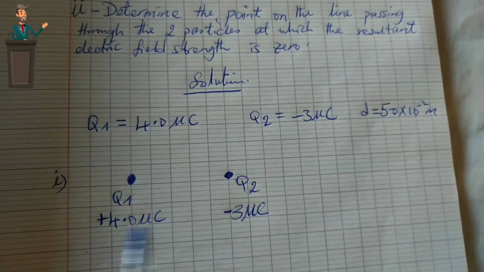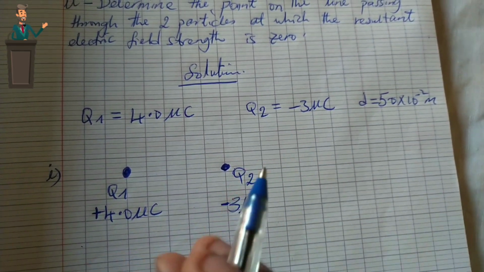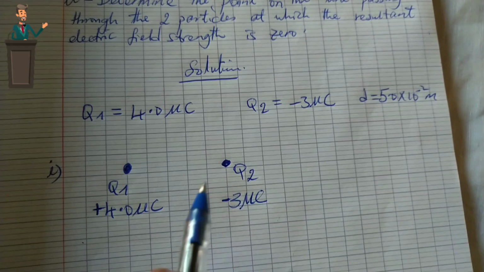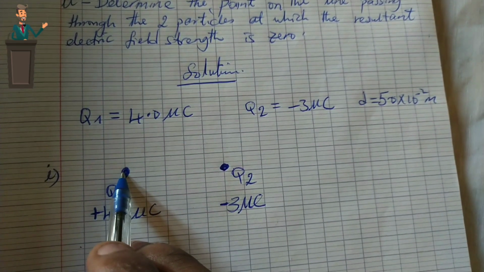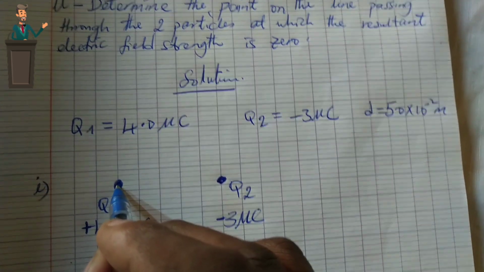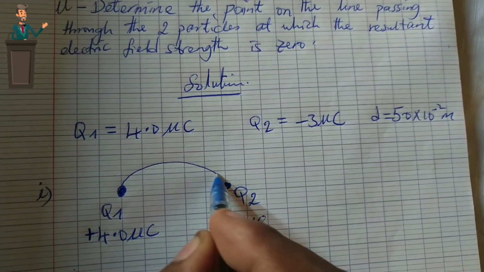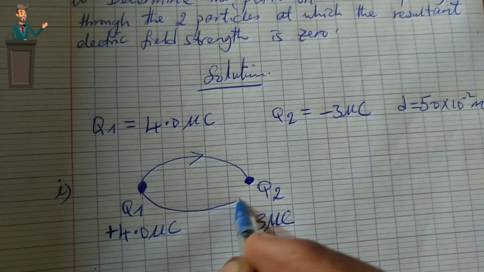Meanwhile, unlike charges like the positive and the negative charge are going to attract each other. So based on this, we know that there's a force of attraction between Q1 and Q2, and that's what gives us the field lines in a curved manner that move from Q1 to Q2